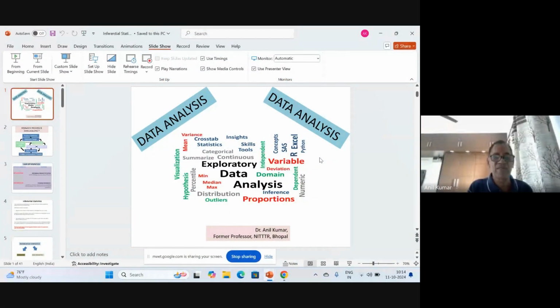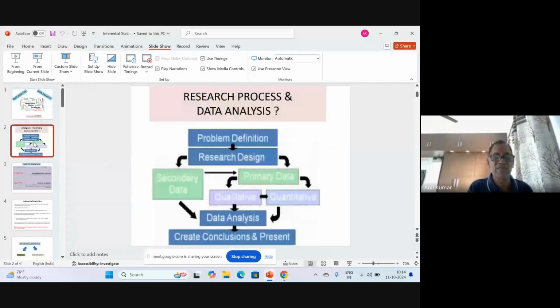But instead of having descriptive stat, now we are talking of inferential stat. Let's see that. I think, again, same. We started with problem definition, we started with research design, we started with collection of the data through our appropriate tools. And collection is maybe primary data, maybe secondary data. Sometimes we are getting primary data, sometimes we are getting data from other sources also if primary data is not possible. So both types of strategies we are using in the process of collection of the data.